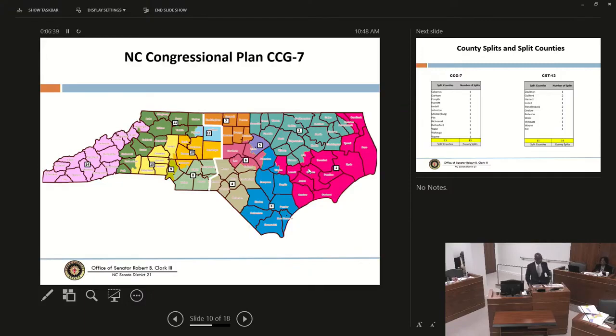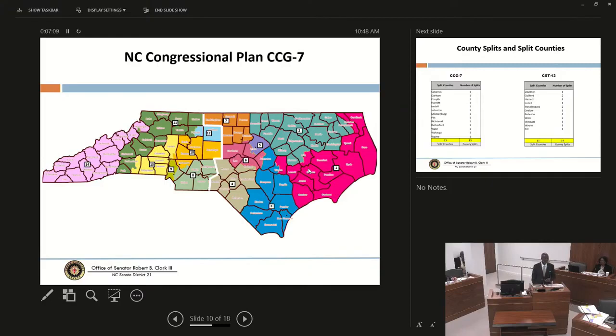But remember, for transparency, I also told you that one of my objectives was going to be to establish a congressional district that was rooted in the only region that does not have one at this point, and that was the Sandhills. Yes, the citizens did ask for this. As a matter of fact, for those of you who were at the Cumberland County public hearing, 40% of the people that spoke requested a Sandhills district that contained these counties.